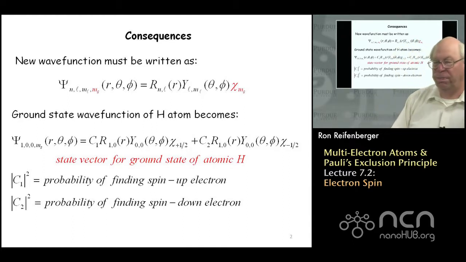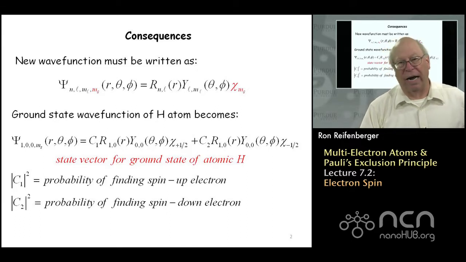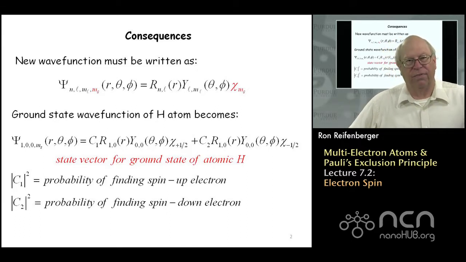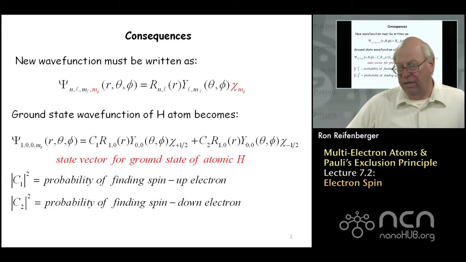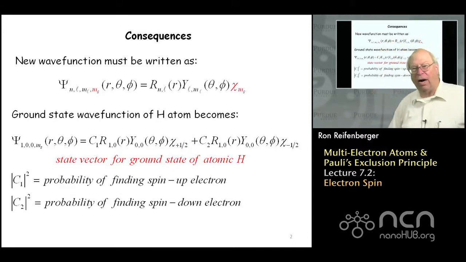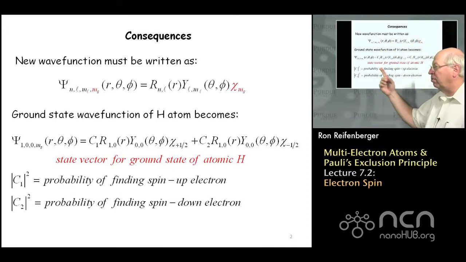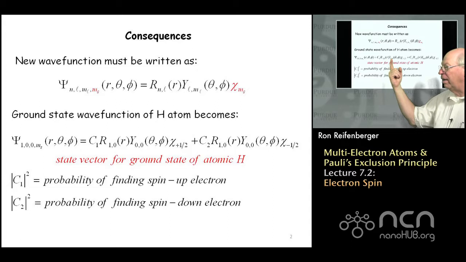The implications of this spin are really far-reaching, and we're going to spend the next few weeks of the course discussing the consequences of electron spin, which shows up in a number of different areas. One thing it requires us to do is rewrite wave functions in terms of possible values for the spin of the electron, in addition to the quantum numbers n, l, and m sub l that are given for the radial and angular